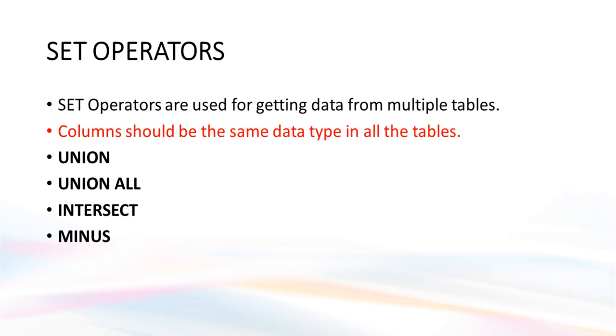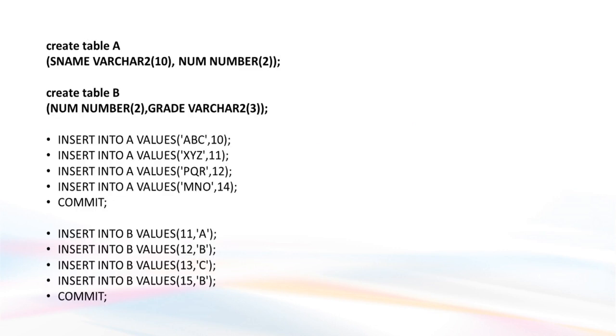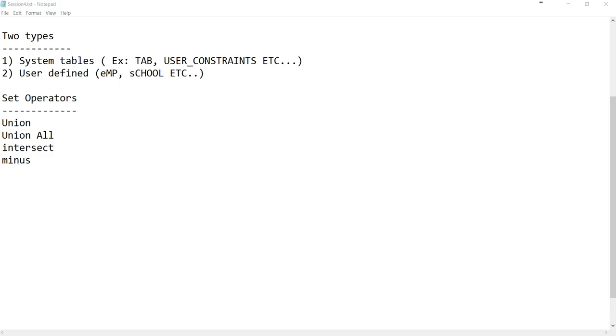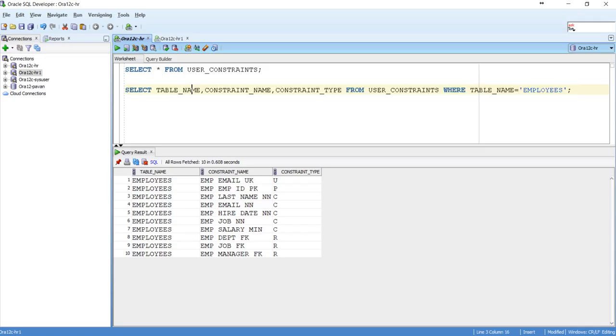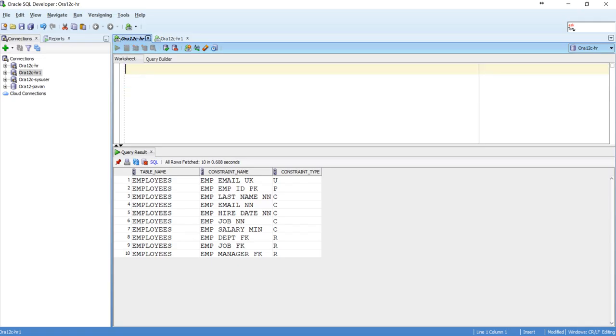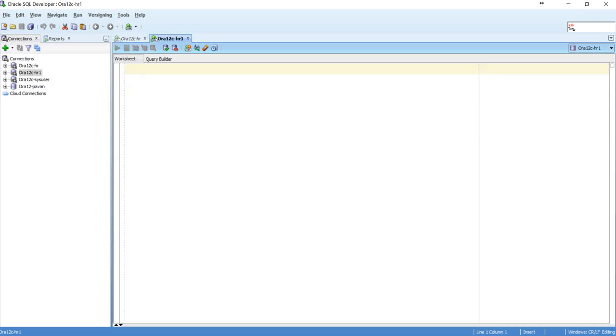Now we will see a few examples here. Let me create two tables. Let us create A and B. Then we will see what is the usage of union all, intersect and minus. So let me start this here under HR1. I'll create two tables. The first table is create